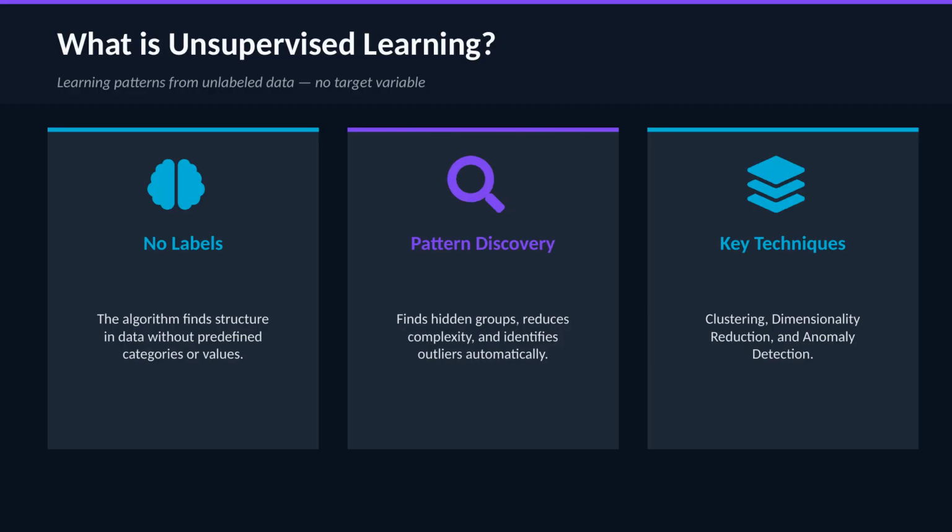So what makes unsupervised learning different? In supervised learning, you have labels. You know the answer. The model learns to predict that answer. In unsupervised learning, there are no labels at all. The algorithm looks at your data and finds structure by itself. It discovers hidden groups. It reduces complexity. It identifies outliers. The 3 main techniques are clustering, dimensionality reduction, and anomaly detection. And the cool part is, you don't need labeled data, which is great because in the real world, most data